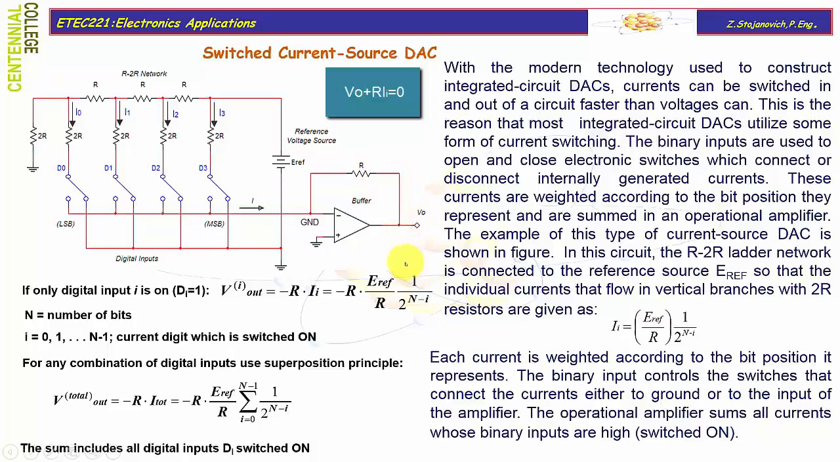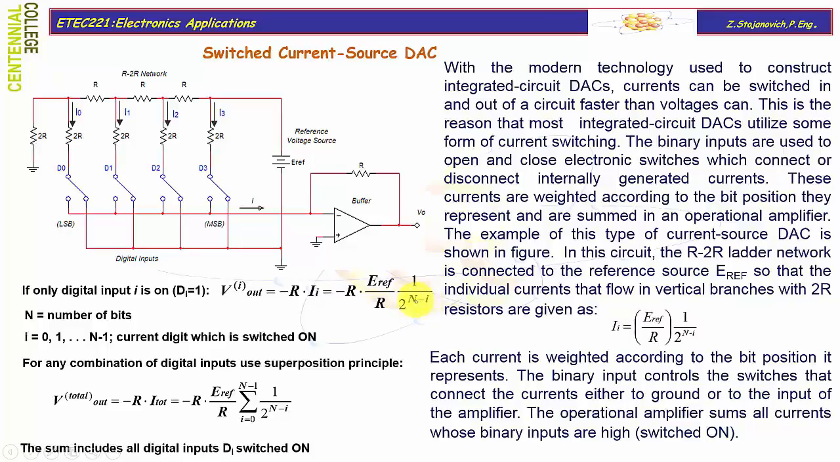Now if you apply Kirchhoff voltage law around this output loop, it will consist of two voltage drops: V out, and the voltage drop across this resistor, R times I. So if we substitute I with the given expression for the current in the individual branches, you will get this expression. R and R cancel out and you will get EREF over 2 to the power n minus i,